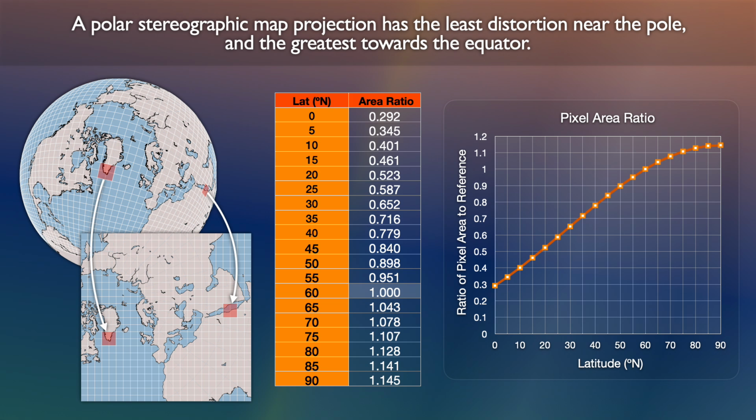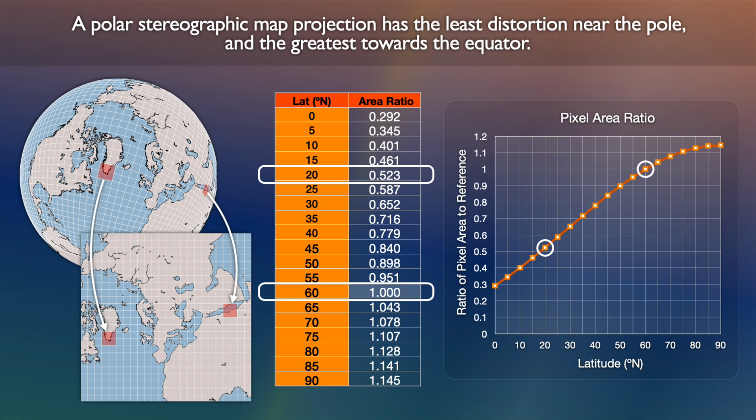And in fact, pixels on a polar stereographic map at about 20 degrees latitude are about half the physical area on the Earth as pixels at 60 degrees latitude. And you can see that in the table. So for that reason, polar stereographic maps are typically used just for areas closer to the pole, say